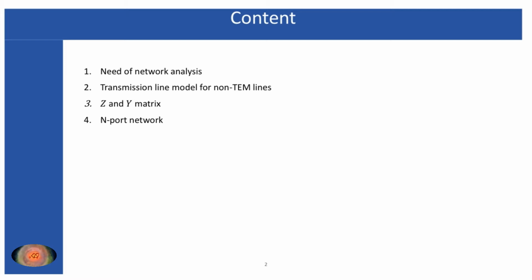You have seen the transmission line model, which carries the TEM mode for the electromagnetic signal. For the transmission line, as you have seen in your earlier semester, some kind of network model was used. So here also I'm going to discuss a similar kind of model for the microwave circuit. But we have to keep in mind that the transmission line carries a TEM mode, whereas in the case of microwave signals, both TEM and non-TEM modes exist.